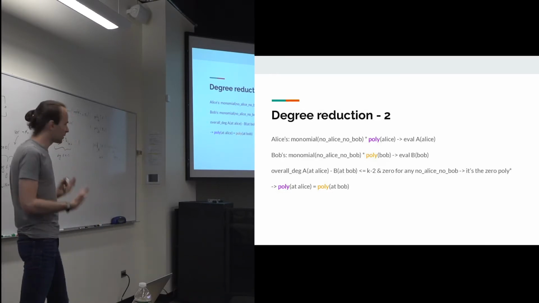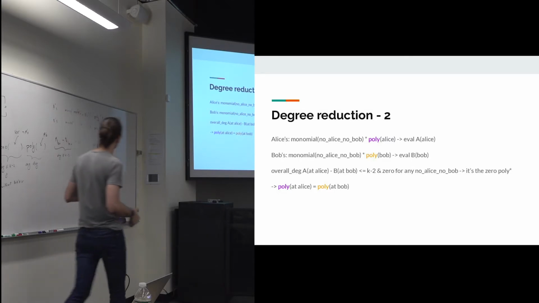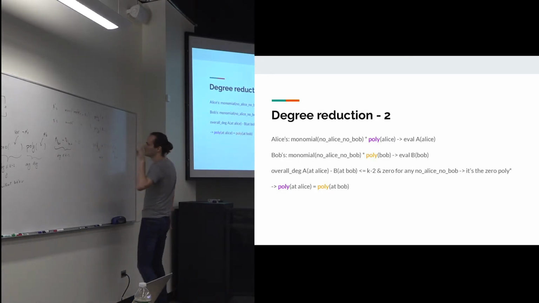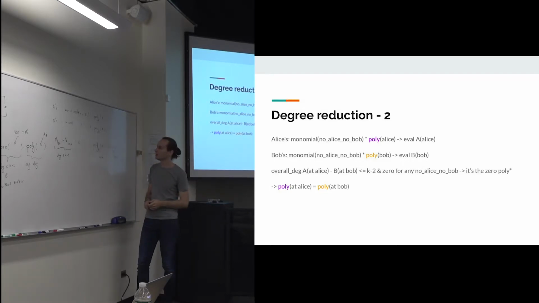And that's where the beauty of the approach is, I think, because essentially what I'm going to show you is that no matter how high the degree was in this polynomial, there is a lower degree representation that can be used by the adversary. So when I lift them in Alice's variables, what I get is that